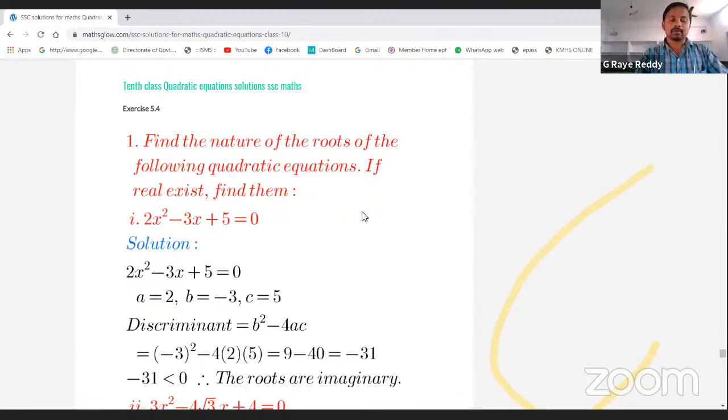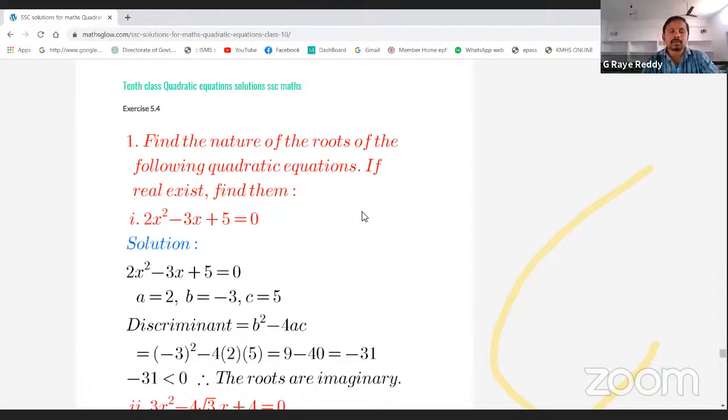First of all, here we need to know the discriminant of the quadratic equation. That is b square minus 4ac. The discriminant is denoted by capital D or delta. According to the textbook, we denote it by capital D. No need to put a square root. Somebody may say square root of b square minus 4ac, but here no square root. The discriminant of a quadratic equation means b square minus 4ac.